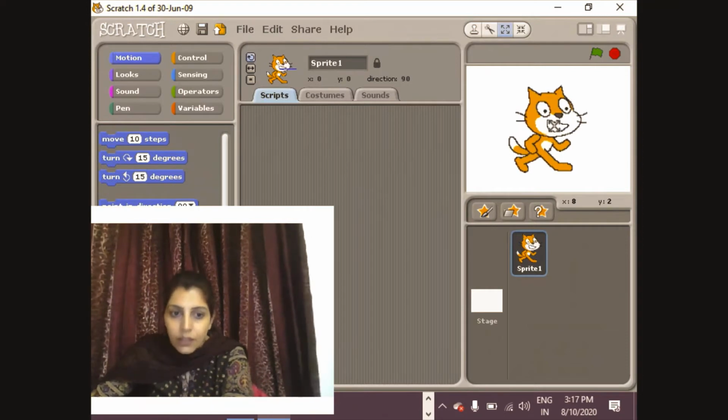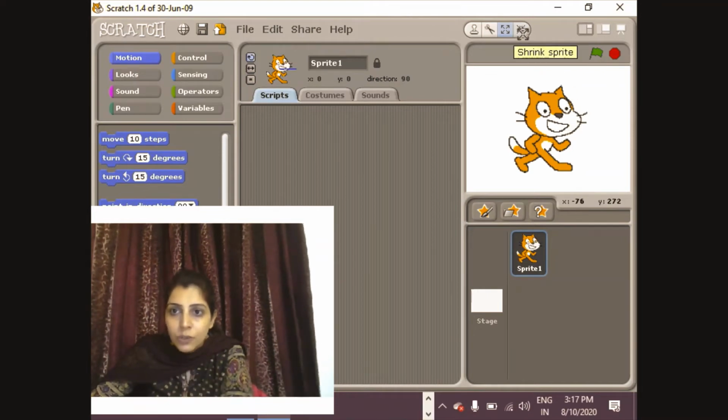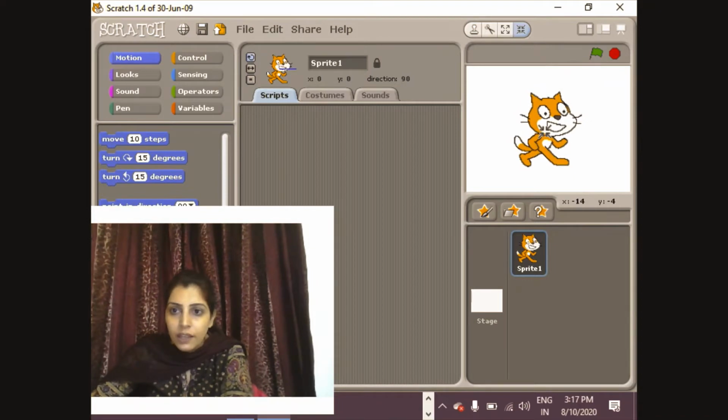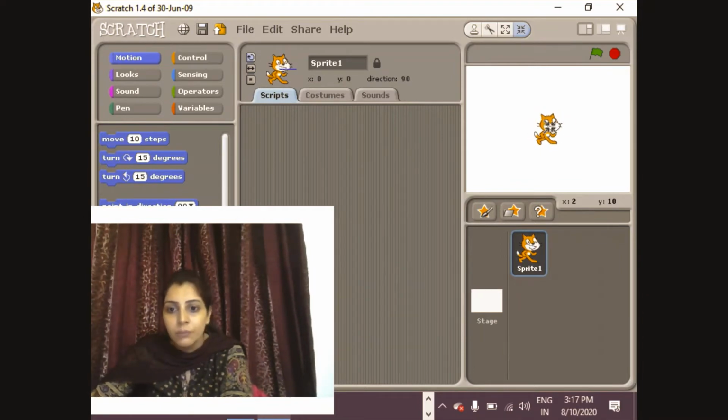Now if I want to reduce the size of a sprite, I want to make it smaller, what I will do? I will choose the option shrink sprite, then click the number of times you want to reduce it. The size you wanted, you can reduce it as many times, right? If you want to delete a sprite, simply click on the delete button.